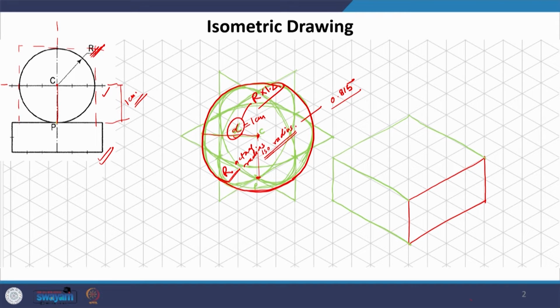Okay. Now, the sphere is resting on the top of this square, right in the center. So, this is the point P which we can see here. Now, the sphere has a certain radius, and here we are taking the exact